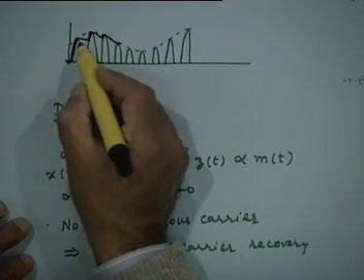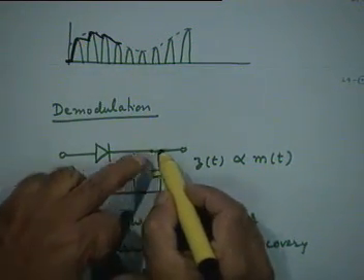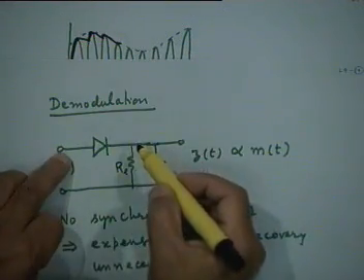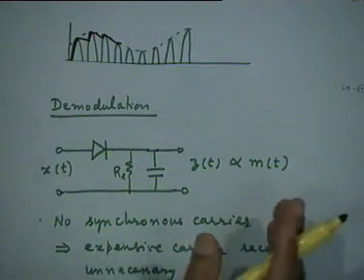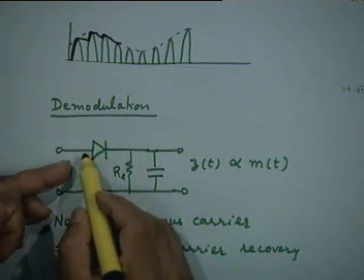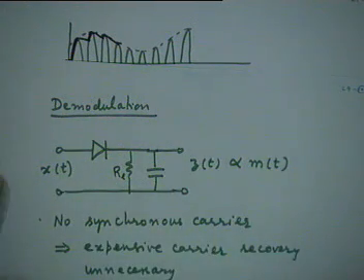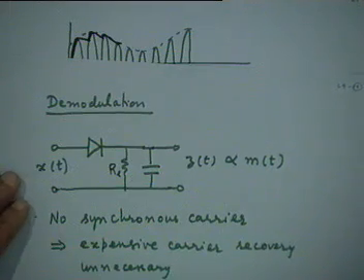Yes, please. Sir, why are we saying that the diode will not conduct while the peak is falling? Isn't that obvious? The question is, why would the diode stop conducting in this interval? That's because the voltage here at the output is now higher than the input voltage, right? When does the diode conduct? Suppose this is a PN junction diode: if the P side is at a higher voltage than the N side, then only it conducts, isn't it? It's a very elementary operation of the diode. Is that clear? Okay.